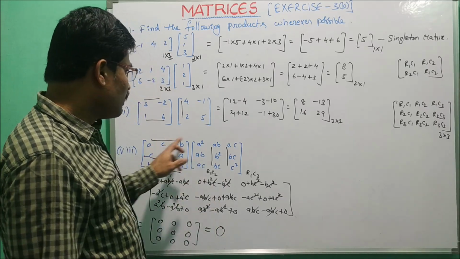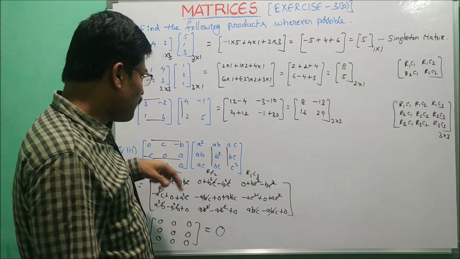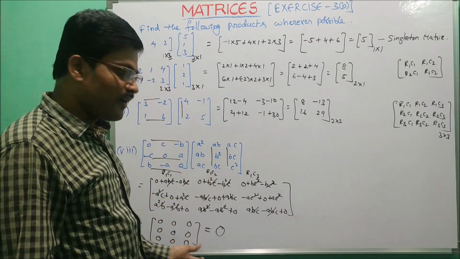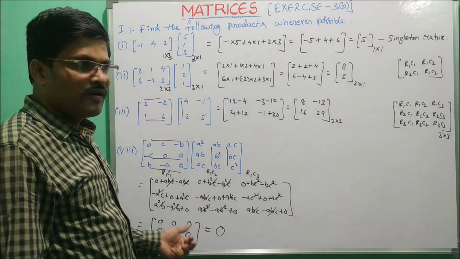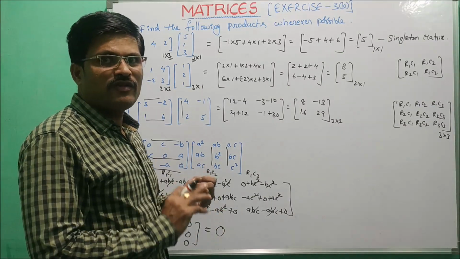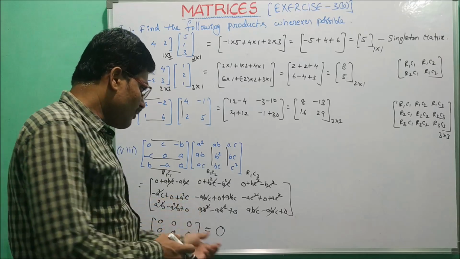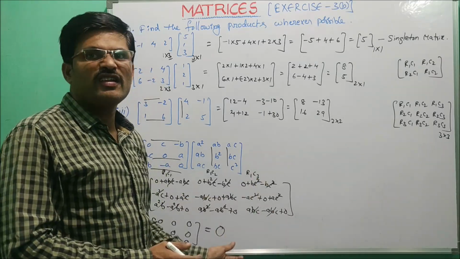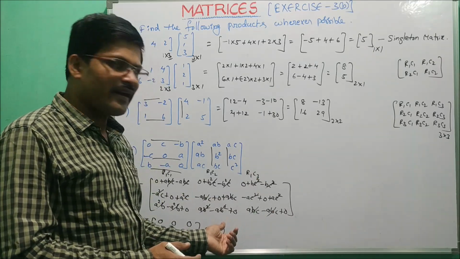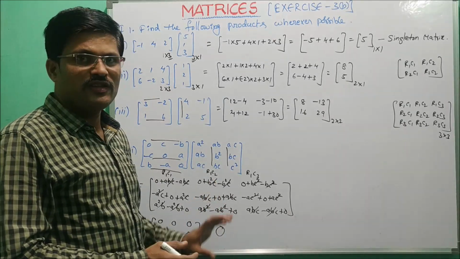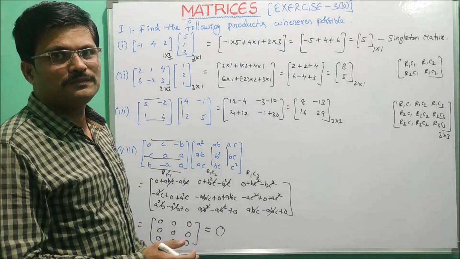Now we are given two non-zero matrices, and multiplying one with the other, we get our resultant matrix as the null matrix of order 3 by 3. So here the null matrix of order 3 by 3 or 2 by 2 or 4 by 4, of any order, is equal to O. This is the symbolic form of the null matrix, which is denoted by O. So this is the solution for this problem.